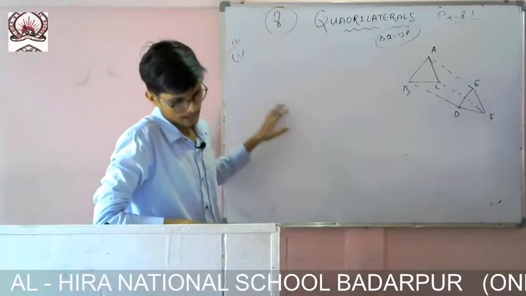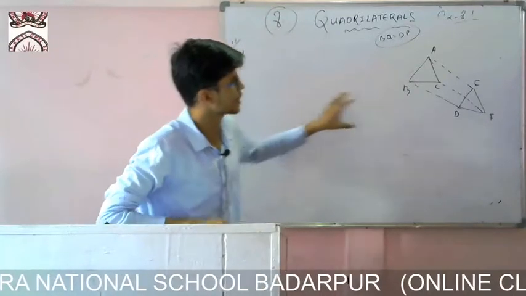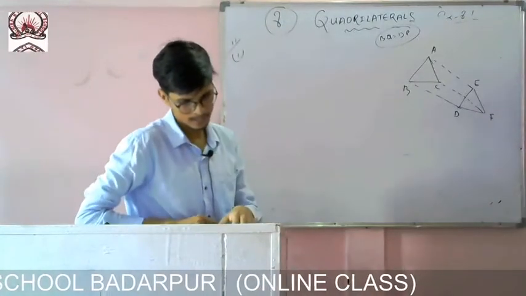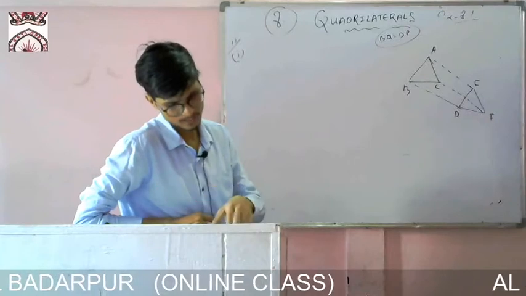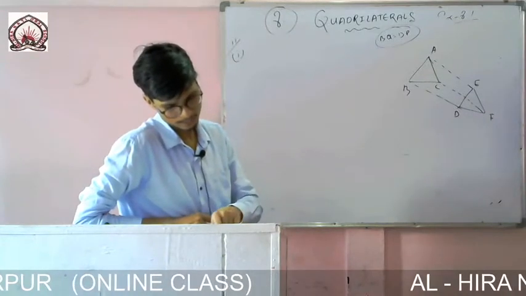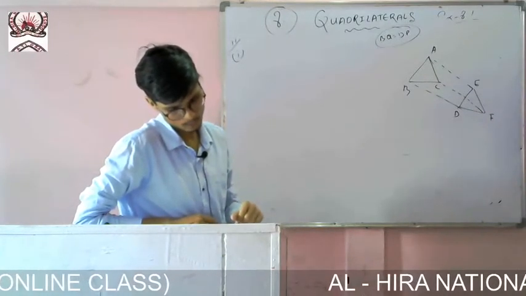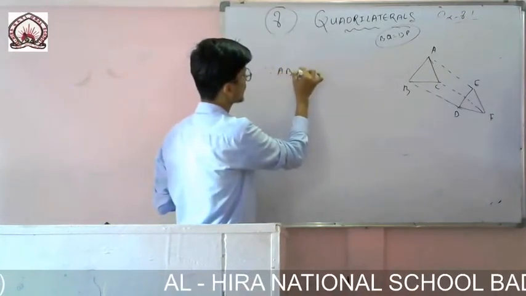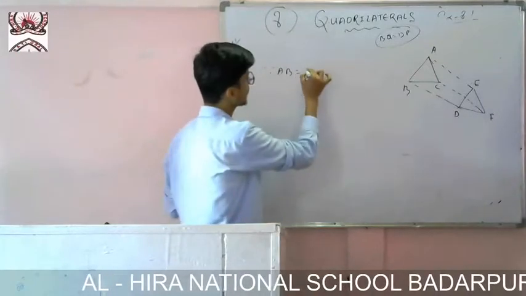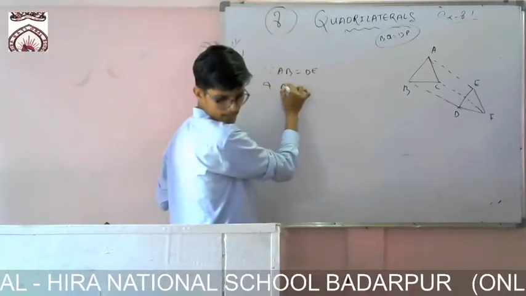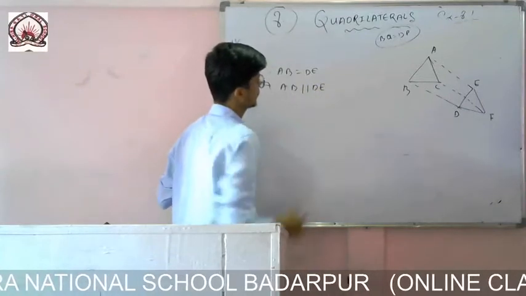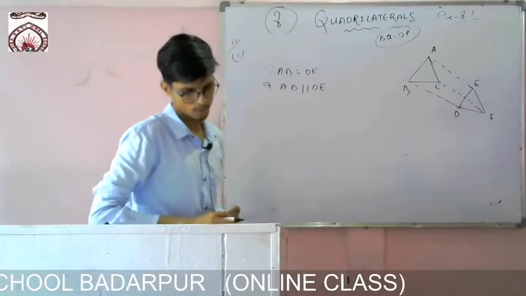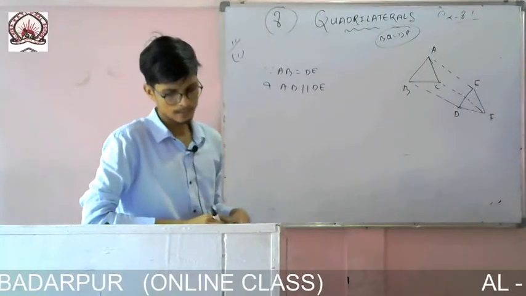so what you have to prove is that ABED is a parallelogram. So very easily I can prove this one. You see so many things are given in the question. AB is equal to DE, AB is parallel to DE, BC is equal to EF and BC is also parallel to EF. So since AB is equal to DE is given and AB is parallel to DE is also given, these two sides are equal and these two sides are parallel. So we know that a quadrilateral is a parallelogram.